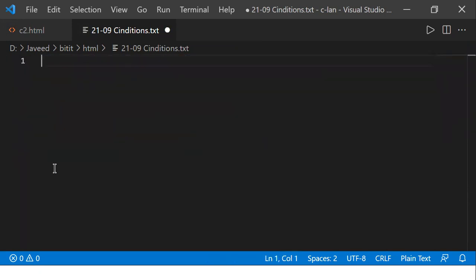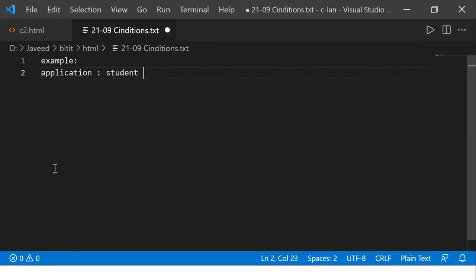For example, let us say I'm going to have an application form. When I talk about an application form, maybe it's a student joining a college. When the student is going to join a college, they'll be filling in some form.